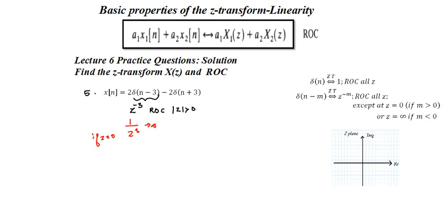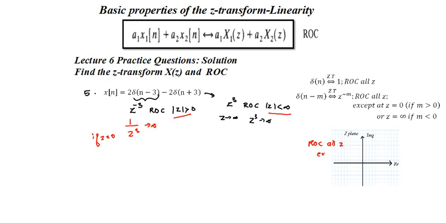And for another portion I can write this again, del of n plus 3. So for that I can write Z cube, and ROC again is a problem. If Z is tending to infinity, again this portion Z cube is also tending to infinity. So ROC I can say modulus of Z less than infinity. So two conditions we need to satisfy. One is modulus of Z greater than 0, another one is modulus of Z less than infinity. So I can say the ROC is entire Z plane, okay. ROC is all Z